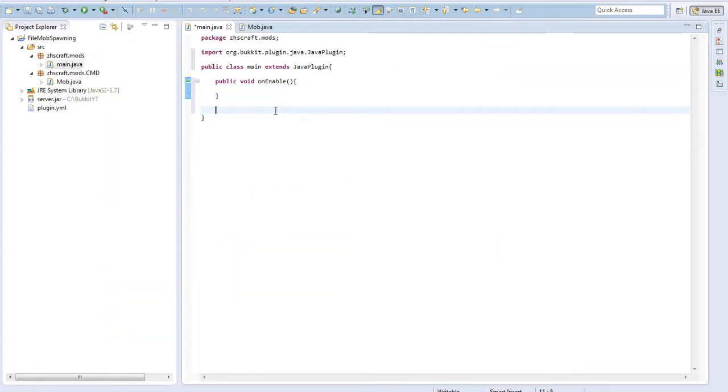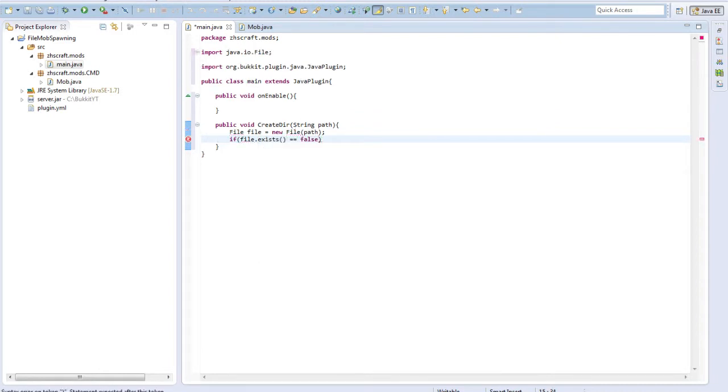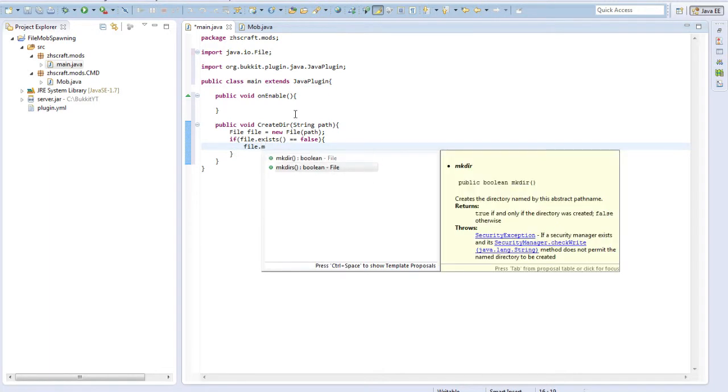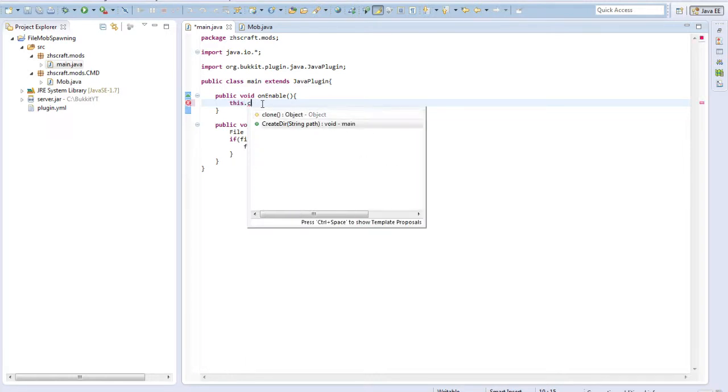The first thing I'm going to create is public void createDir, String path, File file equals new File path, and if file.exists equals false, then we're going to want it to create it. So we're going to do file.mkdirs, and we want to import everything. So here we're going to do this.createDir, new directories, path of,